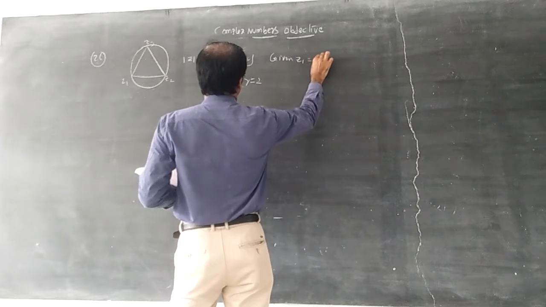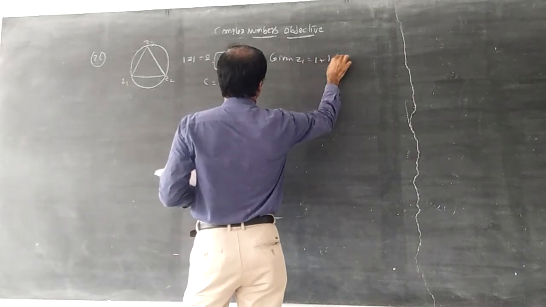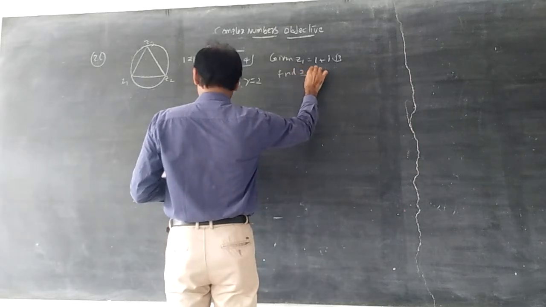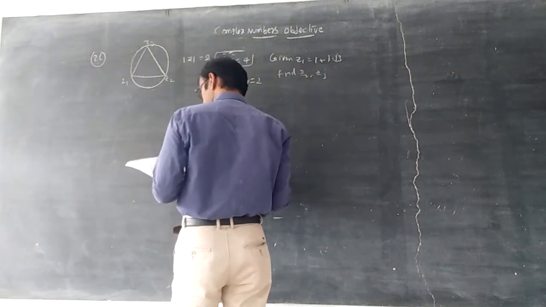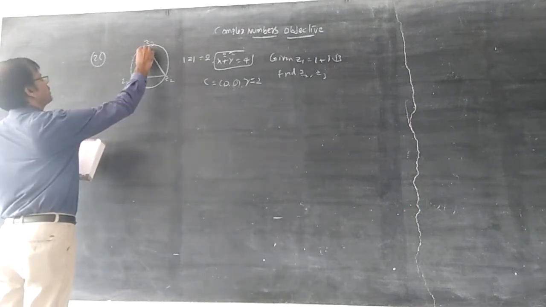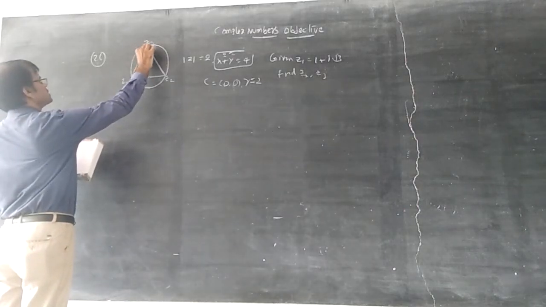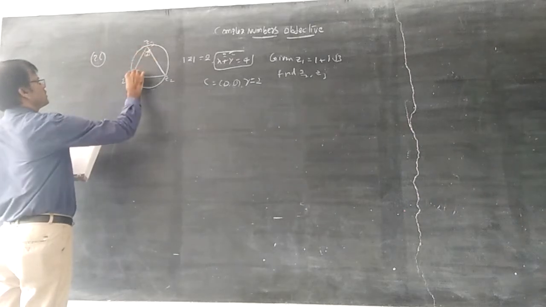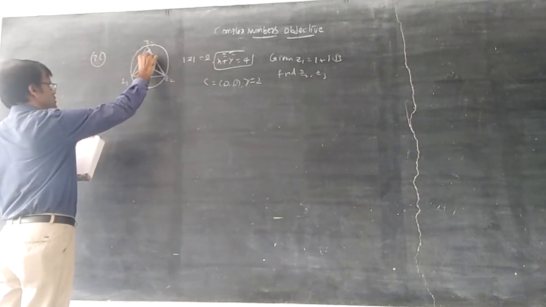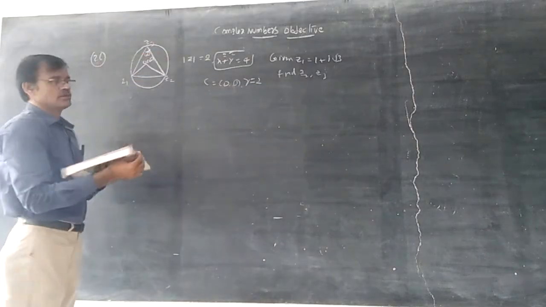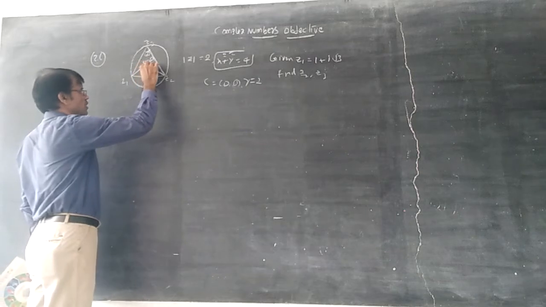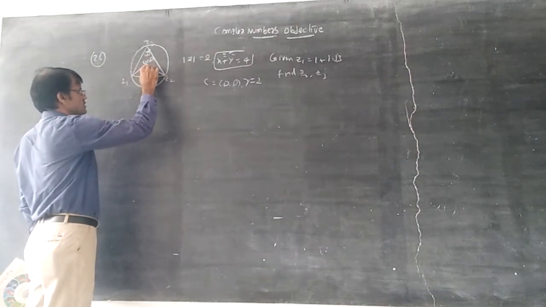given value z1 is equal to 1 plus i root 3, find z2, z3. Find z2 comma z3. Now write like this. This is 60 degrees. Put center 0, 0, and z1 at 1 comma root 3. According to the formula, if this is alpha, then this is 2 alpha. So right here, this is 120.